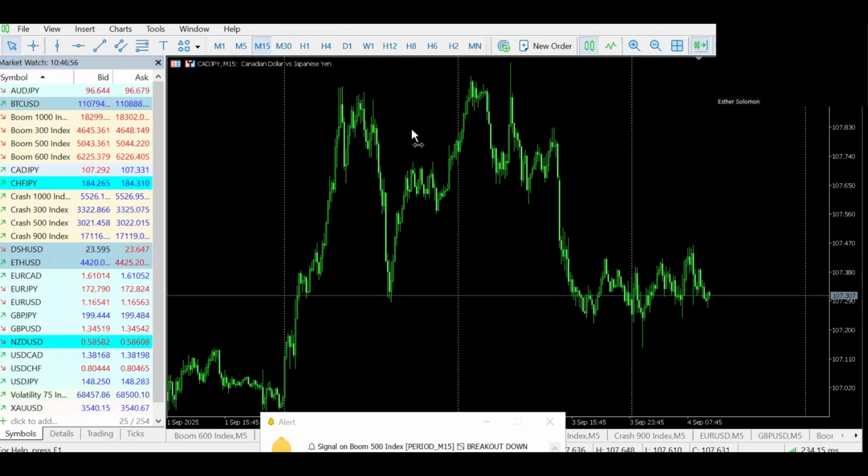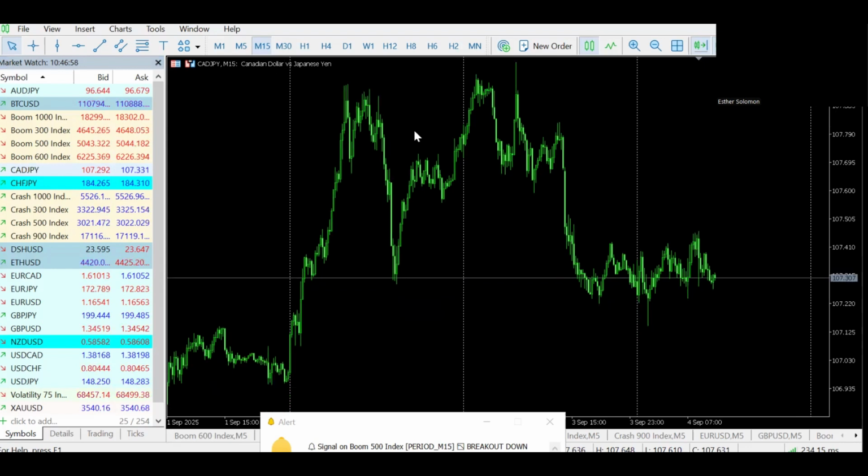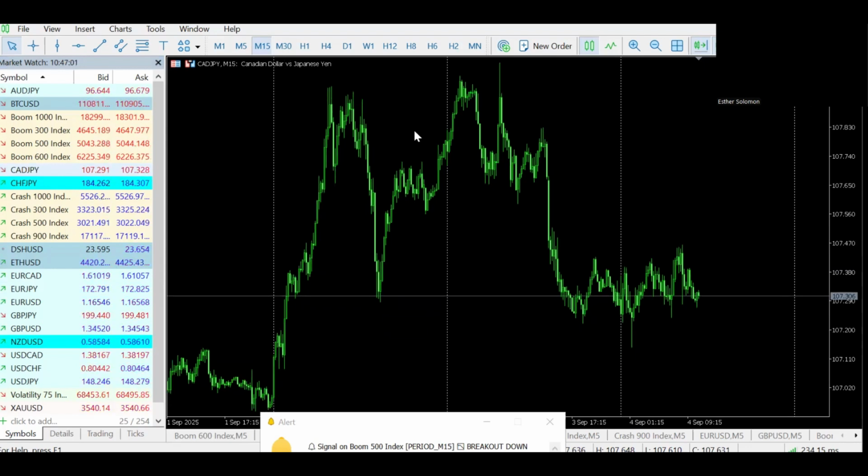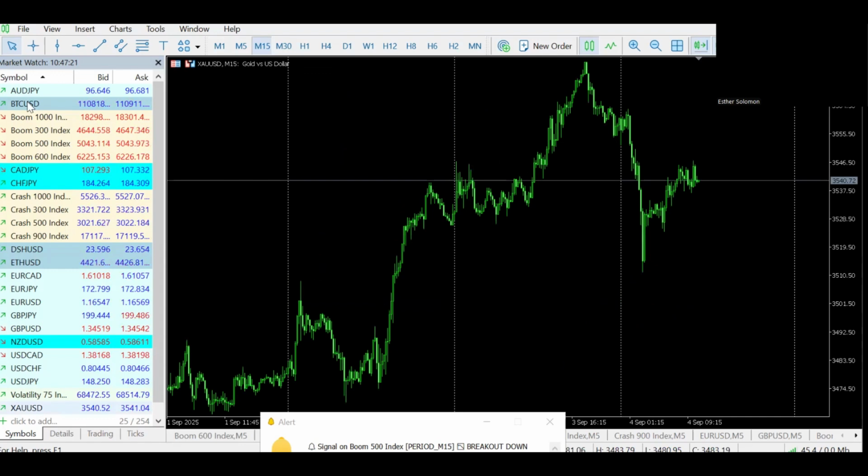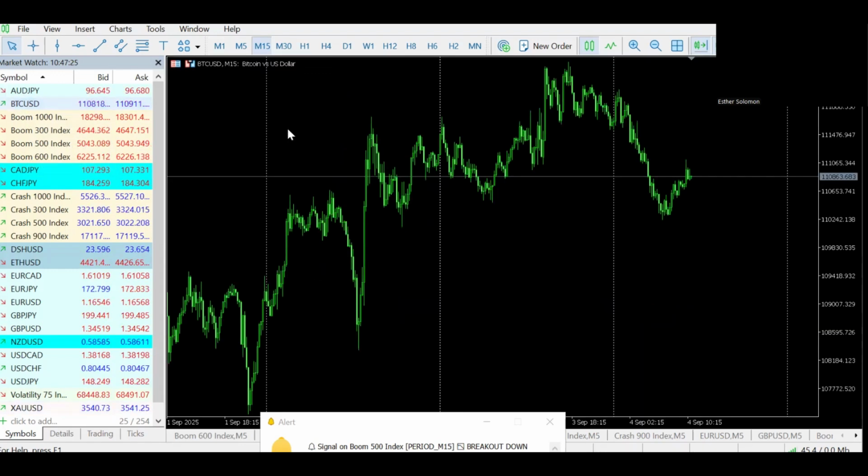But you don't need to spend much time on a particular pair, especially if you're not one that focuses on trading a particular pair, because there are traders that trade only one currency pair. There are traders that trade only GBP JPY, or GBP USD, or EUR USD, or XAU USD. That's gold. There are traders that only trade gold. There are traders that only trade BTC. If you're that trader that trades only one asset, good and fine. You stick to it. Look for opportunities. If you don't see one, you wait for a particular setup. Else, you look for other assets to trade.